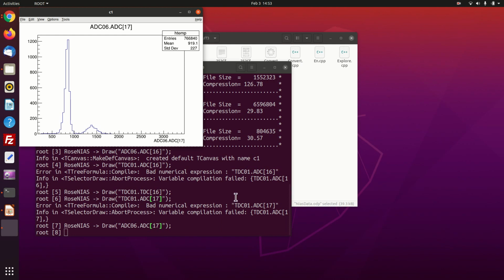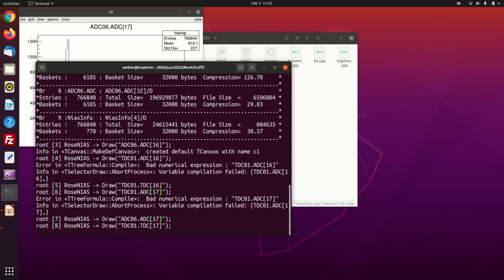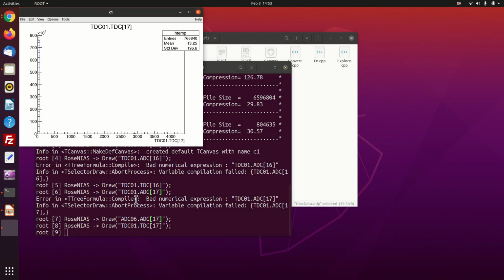Okay, then similarly we can see now the time. In order to see the time, we have to see this one, and this looks like this again. You know, this auto scaling problem, so you have to zoom it like this, and now you see